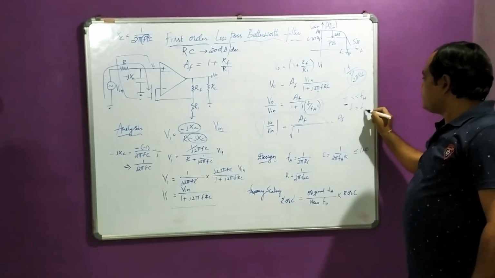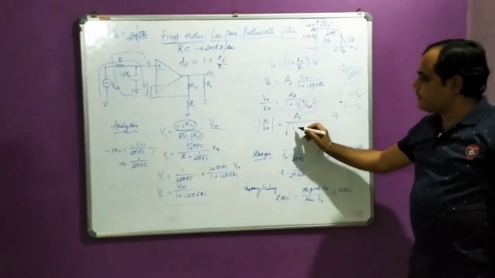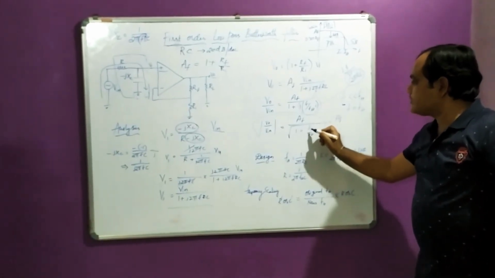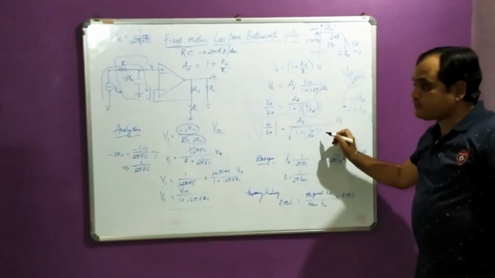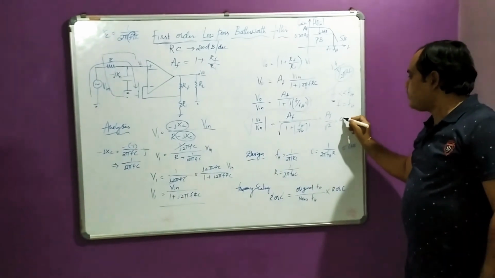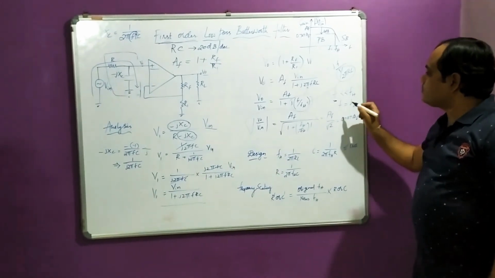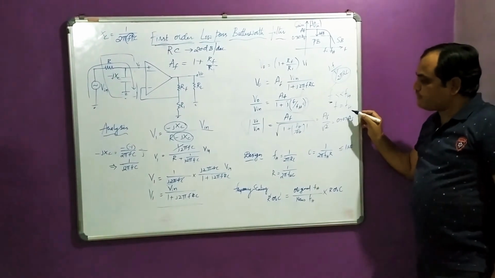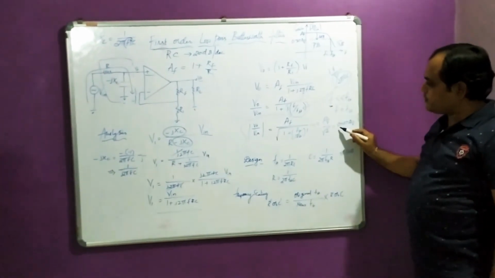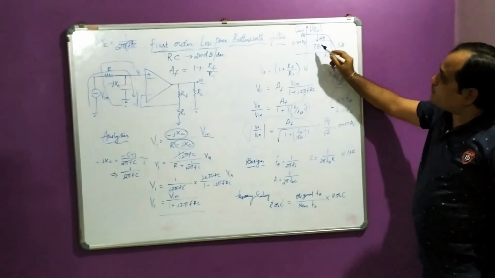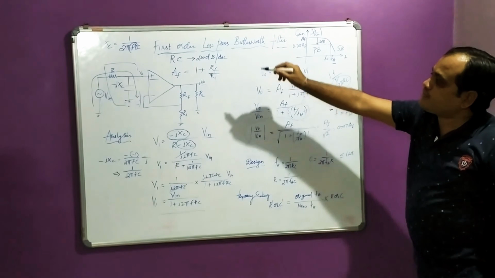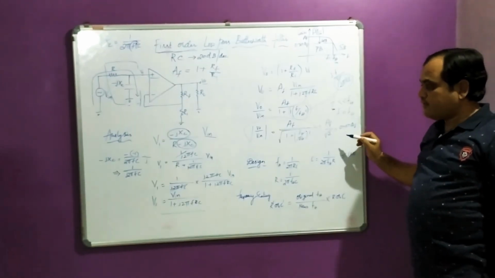Now I will write the second case. f is equal to fh, that is, f is equal to the cutoff frequency. What will happen? This is fh by fh whole square, so that is 1. 1 plus 1 is 2. So the answer is AF by root 2. 1 by root 2 is nothing but 0.707 AF. Now when the frequency reaches the cutoff frequency, my graph will fall 3 decibel down. This is in terms of decibels, this is in terms of value. 0.707 means 3 decibel down, where I am finding the cutoff frequency fh. So that means this proves the designed circuit is nothing but a low pass Butterworth filter.